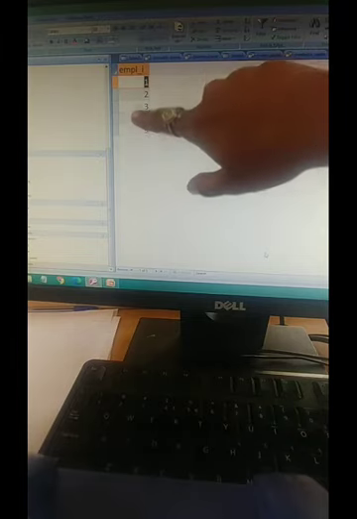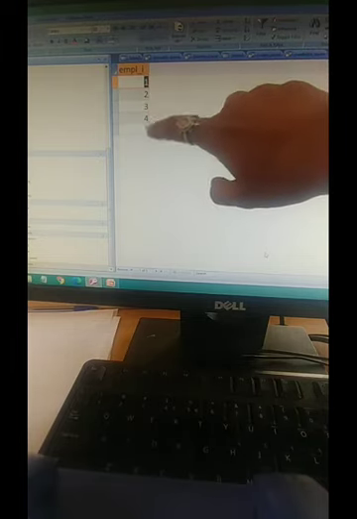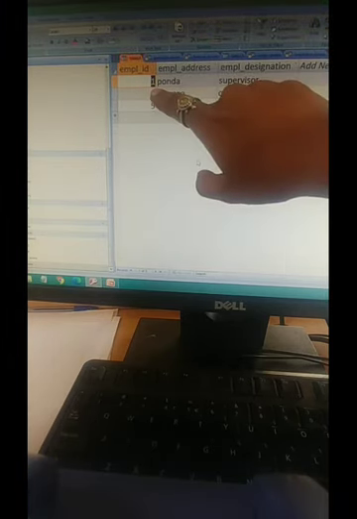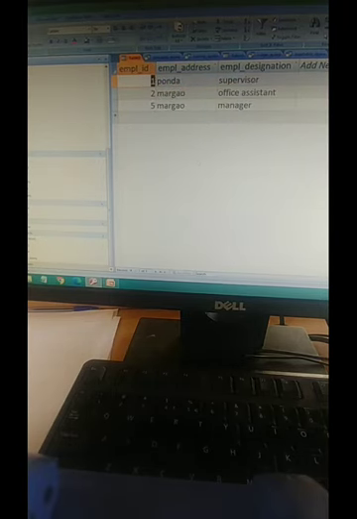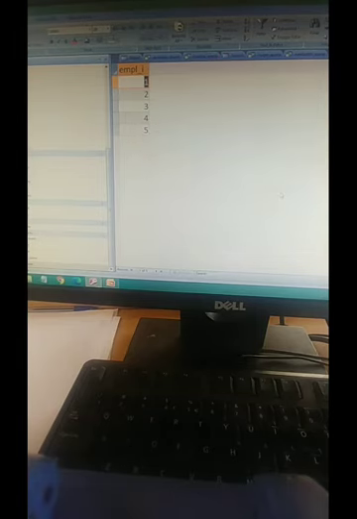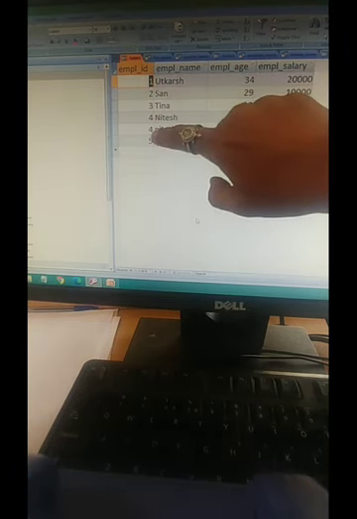See, all the employee ID combinations I am getting. 1 is there, 2 is there, 3, 4, 5 are there. In table 2, 1 and 2 are there as in table 1 also, but 5 is there in table 2, so that's why I am getting 5 in the output. And in table 1, which I had closed, I'll open it. In table 1 I am having 1, 2, 3, 4, 5 also.